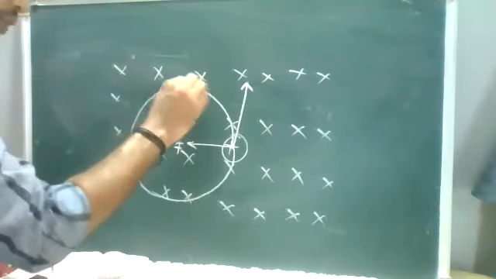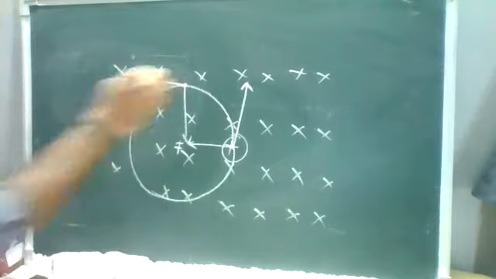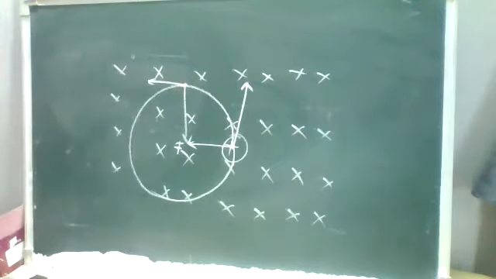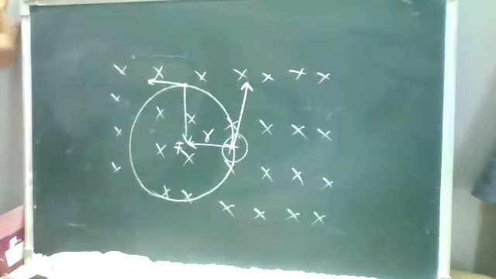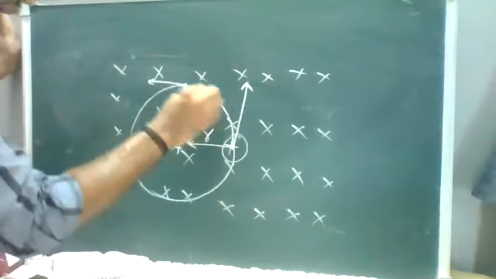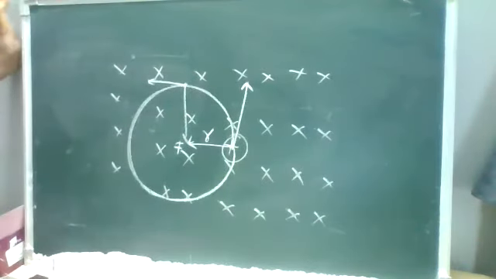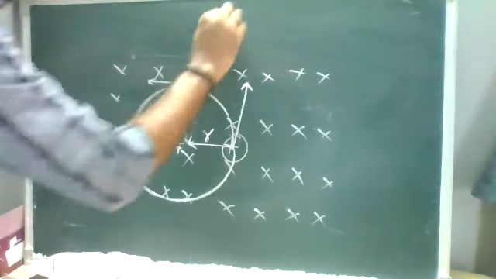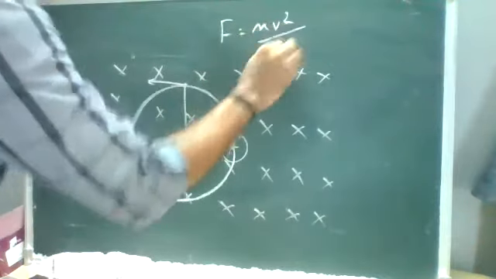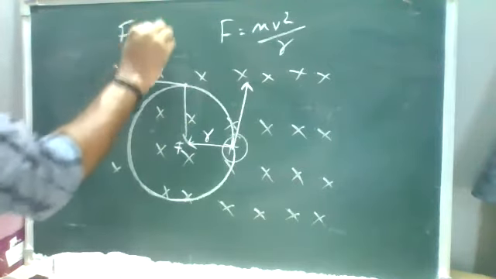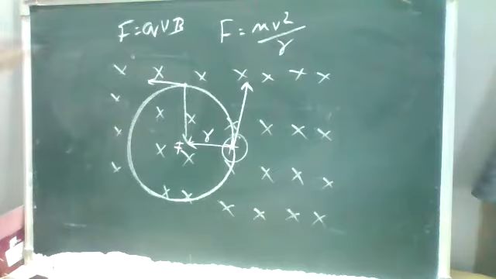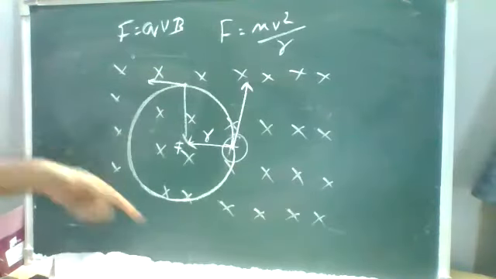So at each point it gains some force towards the center and some velocity because of the magnetic field. Here, when it is traveling in circular motion, there is a centripetal force, and the charge travels in its own orbit. So F is equal to mv square by r. And when we place a charge inside the magnetic field, there is one more relation: F is equal to qvB. These two forces are the same, because of that this charge will travel in its own orbit.